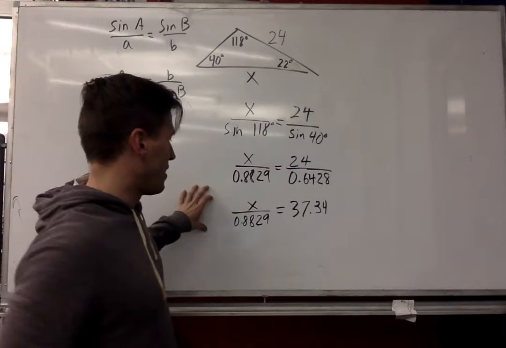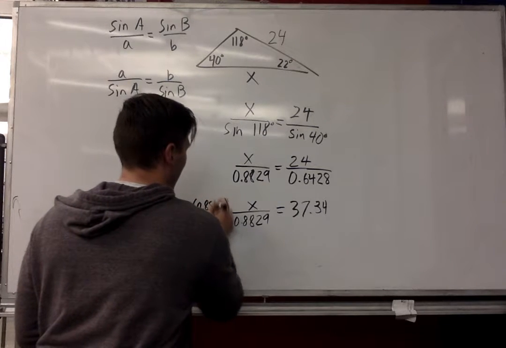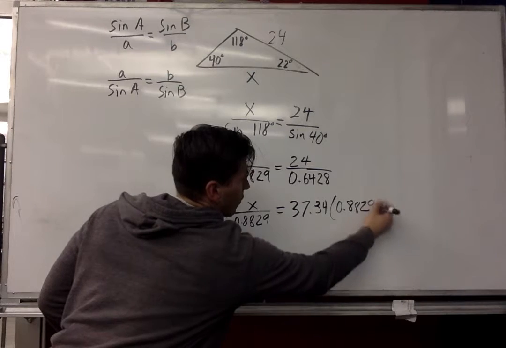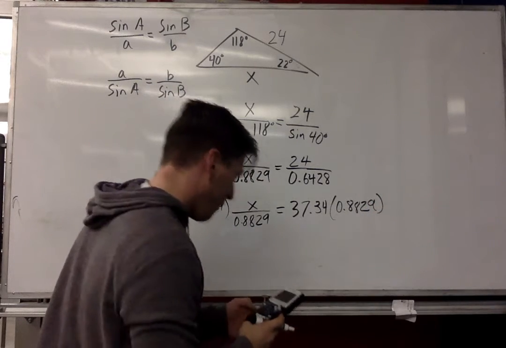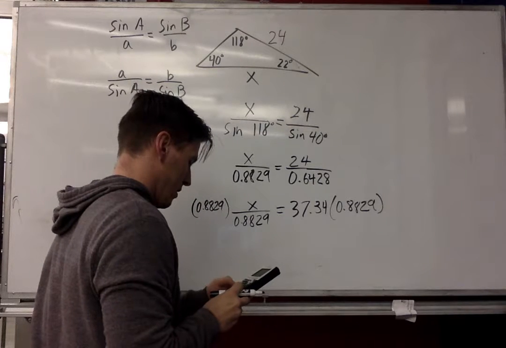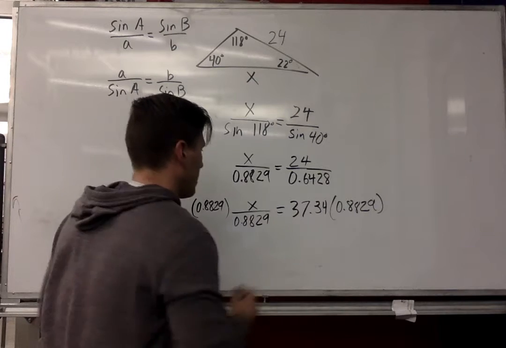I need to get x by itself, so the really simple solution is multiply both sides by this denominator, 0.8829. I will find 37.34 times the sine of 118. The missing side,